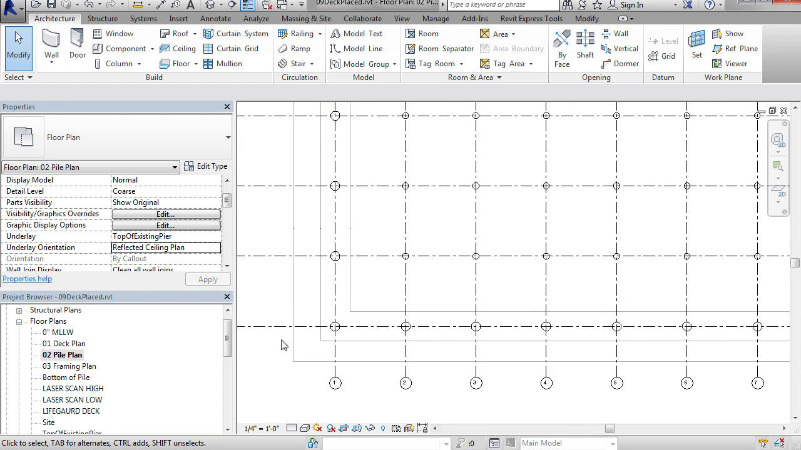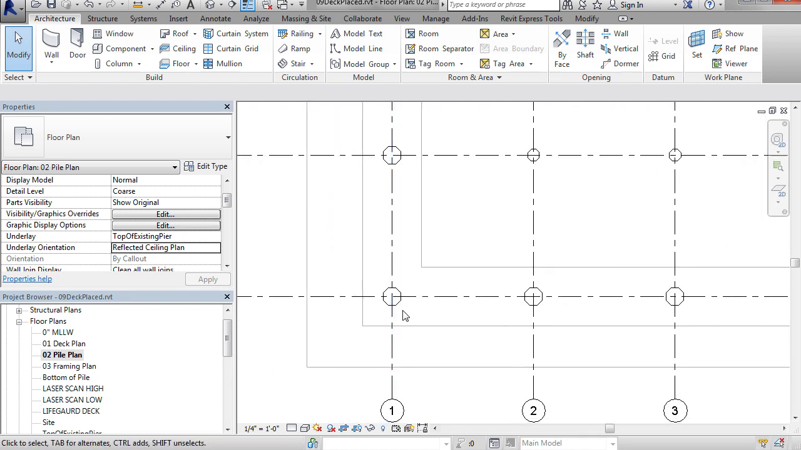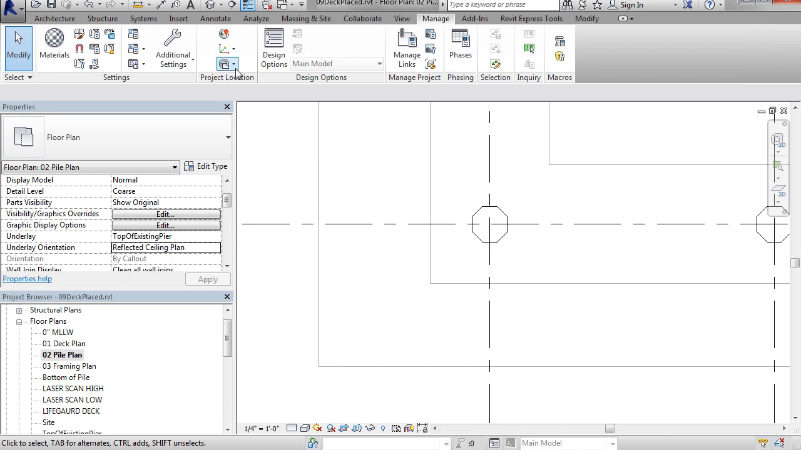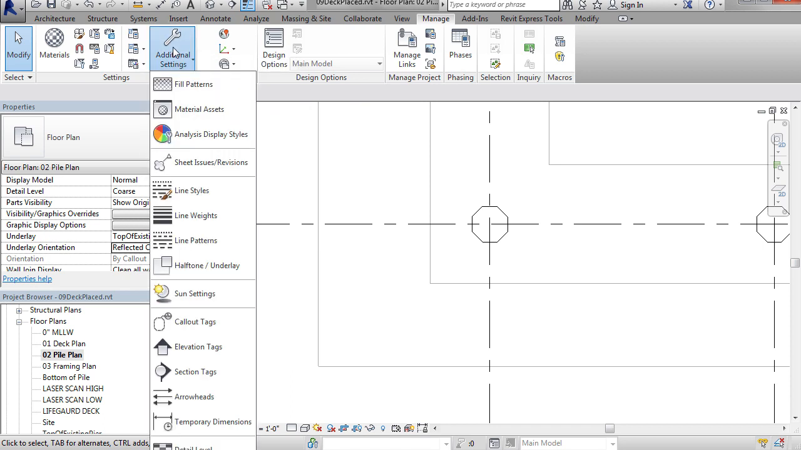Now, there's one last change that you're probably going to want to make. We can see our piles clearly. They're a solid continuous line type, but the edges of the deck above are just a continuous line. And you may want to see those represented in a dashed or hidden type of line. So what I'd like you to do is go to your Manage tab and find the additional settings button, and with my buttons they're all scrunched up, over to the left, additional settings,